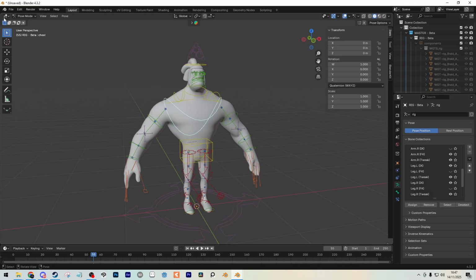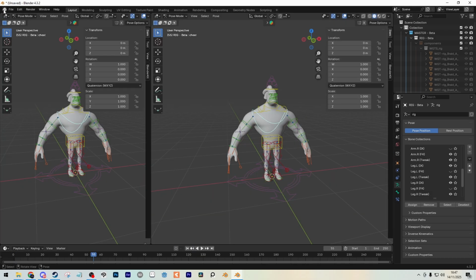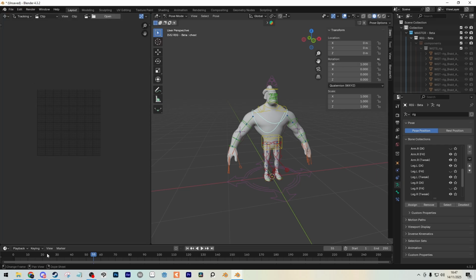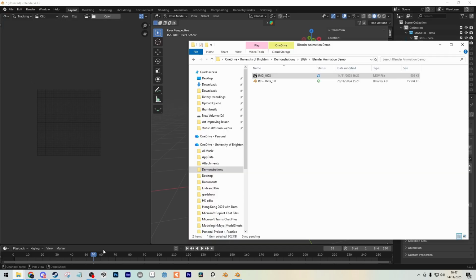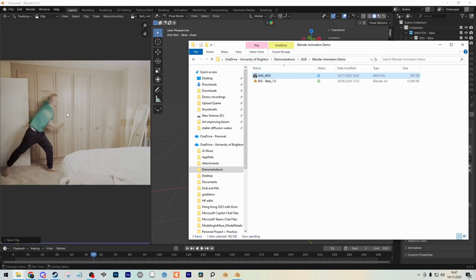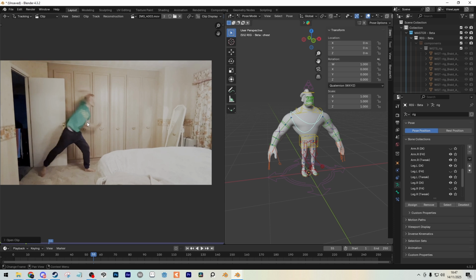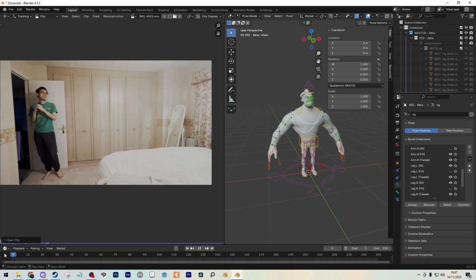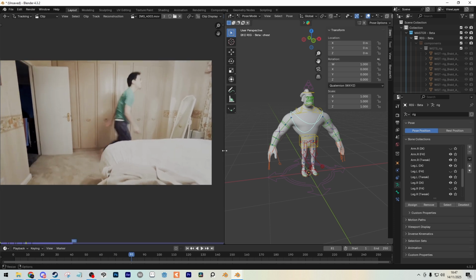Okay, so to put your reference image in, we're going to split our screen. Hover over one of the corners and split it. We're going to go to Movie Clip Editor, and then go find it. I won't provide these, you can just record something yourself, guys. And there we have it over here. We can see how it moves, and we can try to recreate this